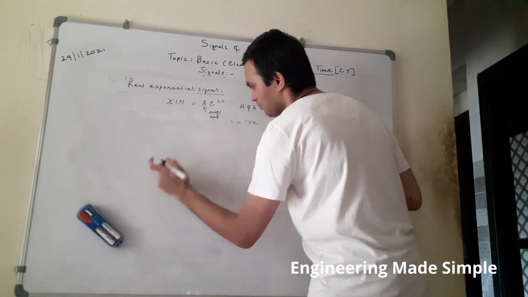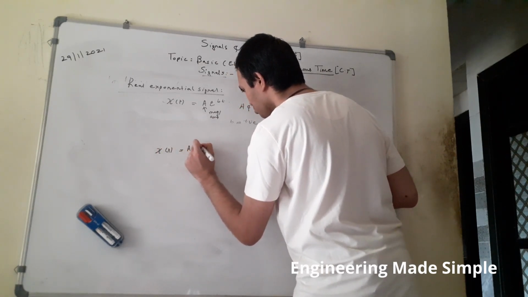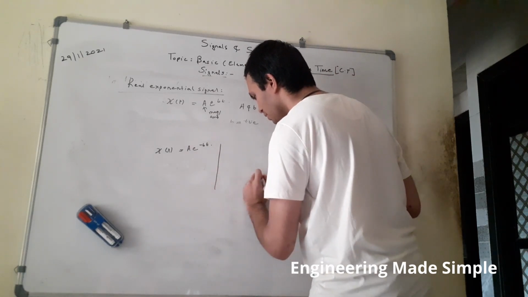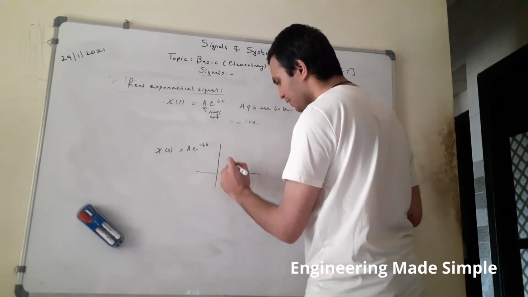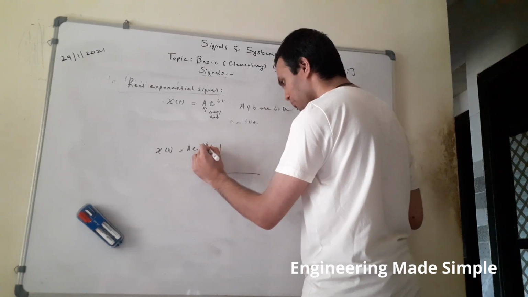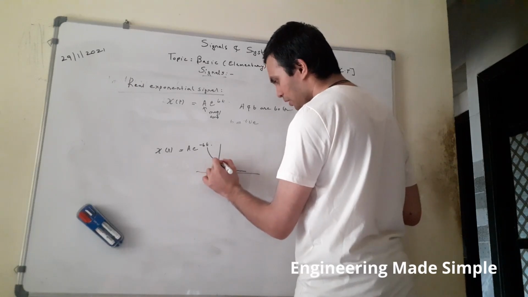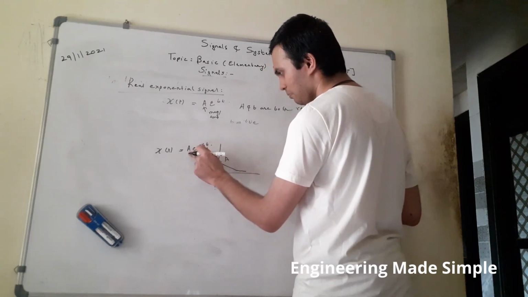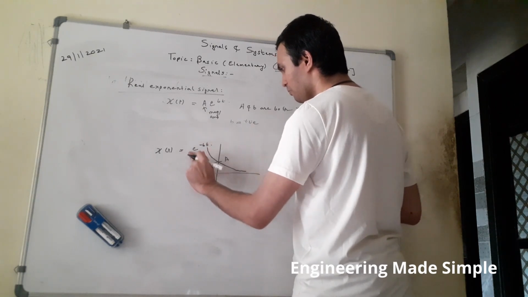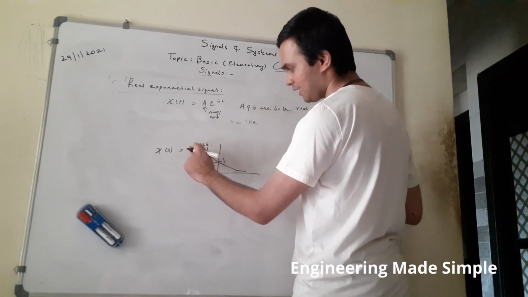Now I will make a small modification in this function. So x of t is equal to a e raised to minus bt. Now for a negative exponent, what would it be? It would be a decaying one. It would start with a high magnitude, but it will go on decaying because of the negative power of b, and it would intersect at amplitude a because it is multiplied as a into e raised to minus bt. If there was no a here, it would intersect at 1, because there is nothing behind this function.